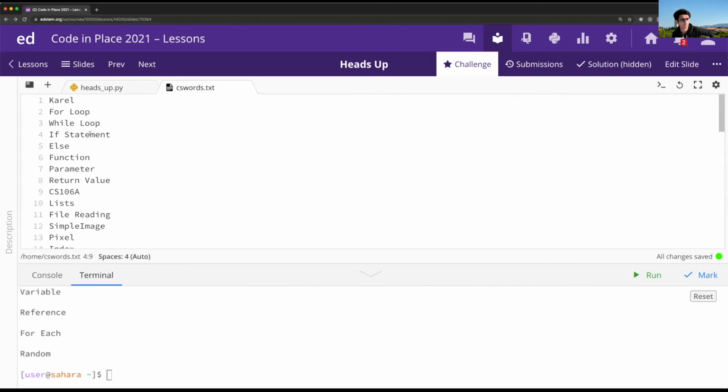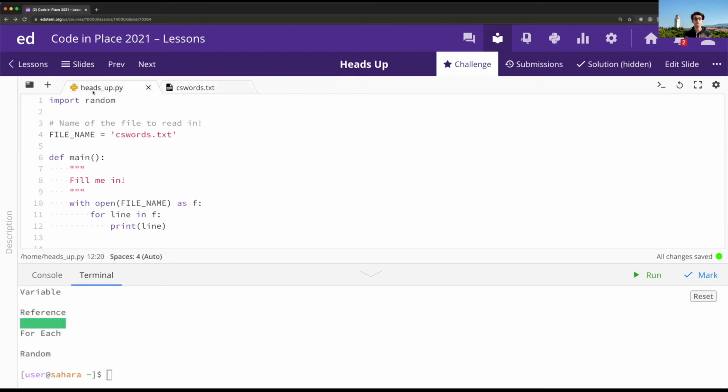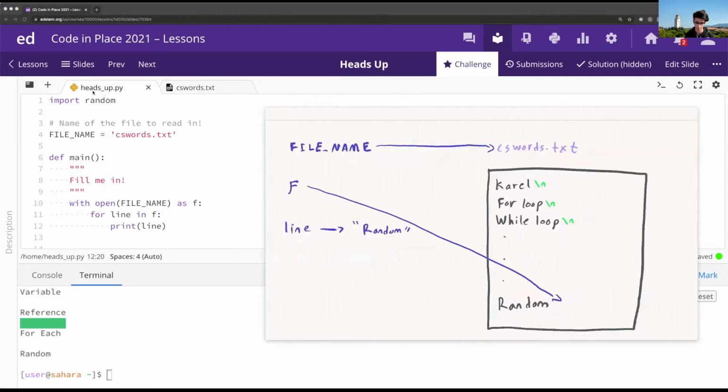But also, here's the deal. There's something a little strange going on here, and that's there's these random blank lines between each word that we print out, which is probably not ideal. But let's talk about why that is. Let's again go back to our little whiteboard over here, and let's talk about what happens in this particular case when F is pointing over here and our line variable is pointing at the string